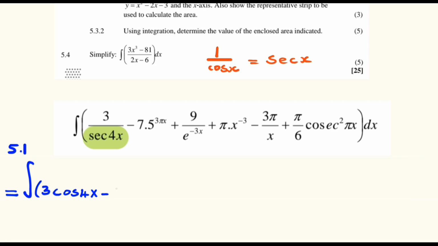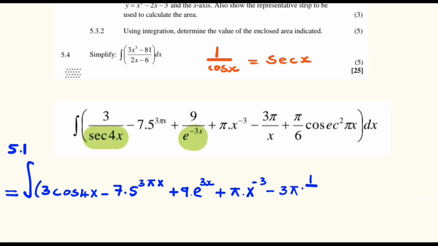minus 7 multiplied by 5 raised to the power 3 pi x plus 9. So that e raised to the power negative 3x in the denominator, we move it from the denominator to the numerator, and the exponent changes sign to positive 3x. And we have the pi multiplied by x raised to the power negative 3. So we separate, and now we have negative 3 pi multiplied by 1 divided by x